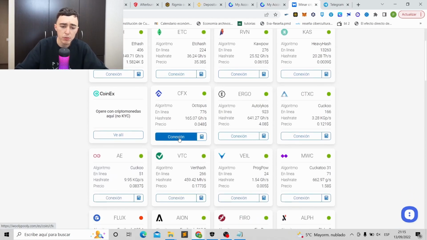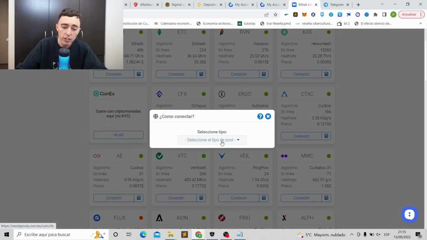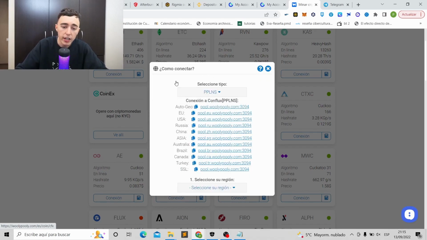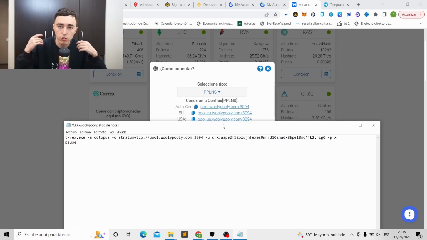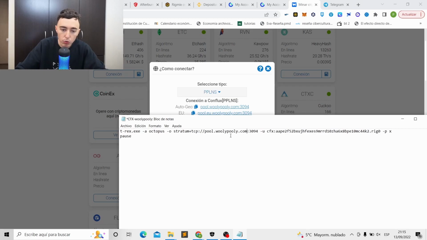Now it's saying it in Spanish because I don't know why it automatically translates to Spanish, but in your case, it will say connect. You click on connect and it tells you which type of pool you want to go to. We're going to PPLNS, which is basically we're mining with other people, not alone. And here you have the address for the different servers, okay? If you want to have the automatic one, which sends you to the server that is closest to you, as you can see, is basically the one we have, pool.woolypooly.com